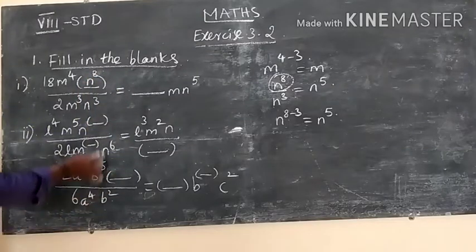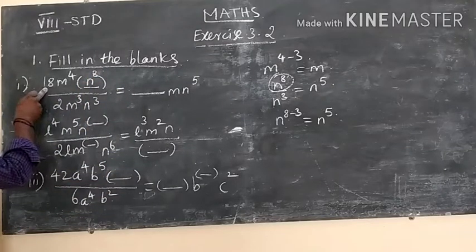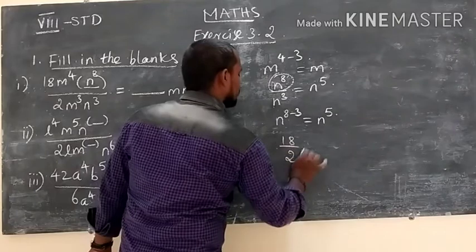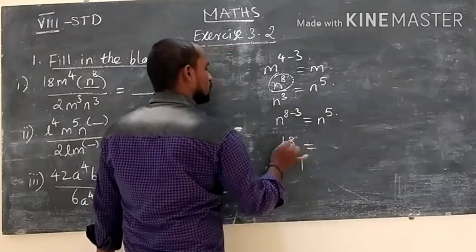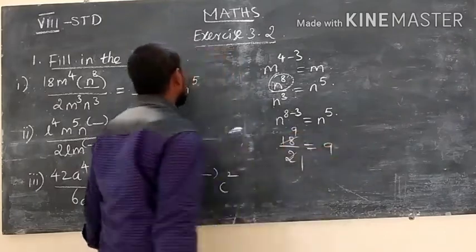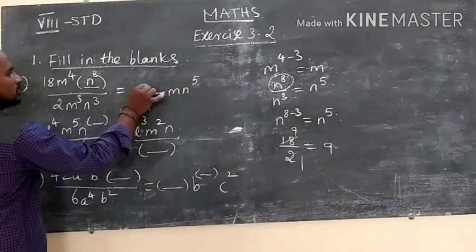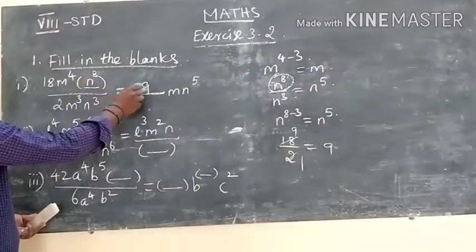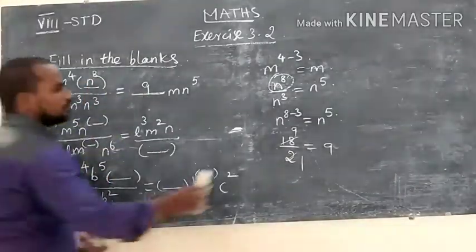Next consider the constant, the coefficient of the term, 18 by 2. So 18 divided by 2: 1 2 is 2, so 9 2s are 18. So 9 is your answer. The coefficient of this term is 9. Have you understood the answer? So n power 8 and 9 are the missing terms.